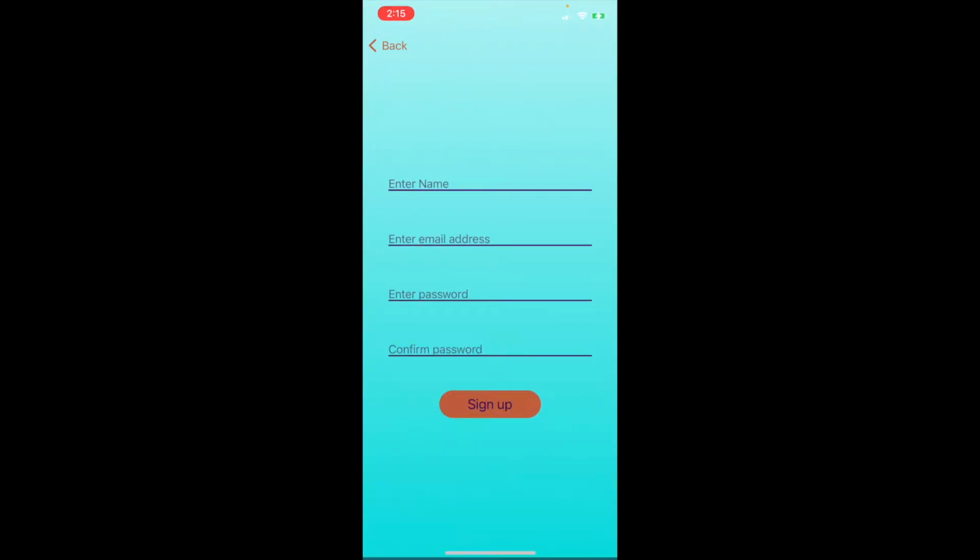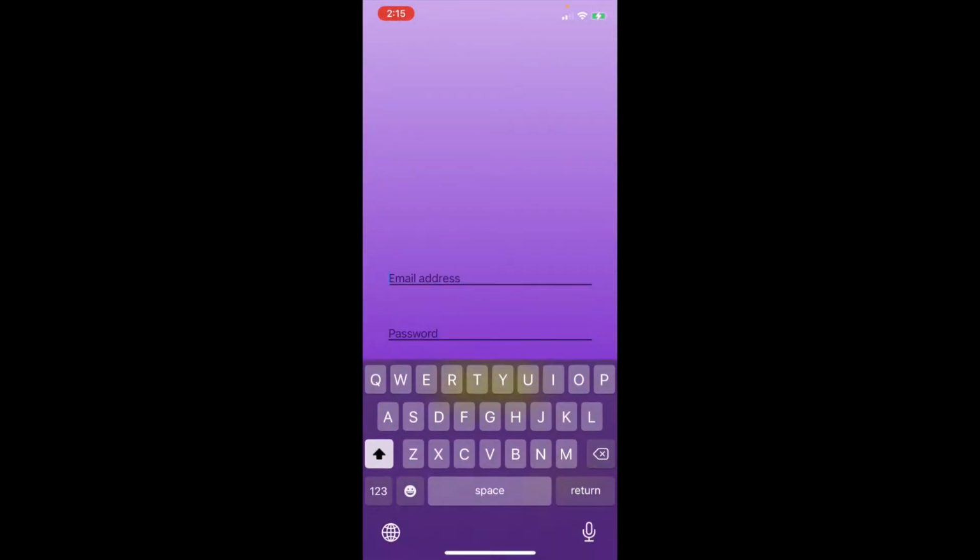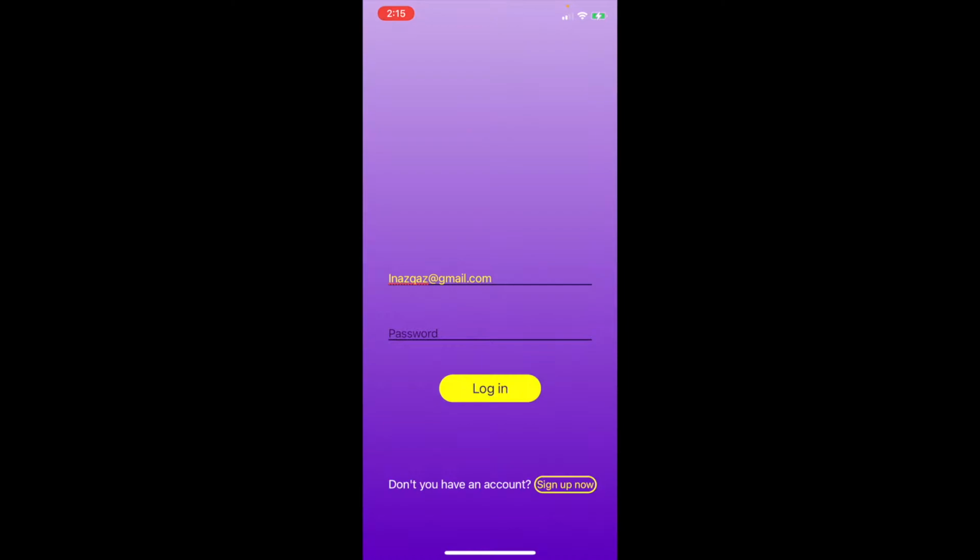So for example, if the user does not fill any text fields, they will be faced with an error. So it means that in this registration page and also in the login page, we have custom error messages that show and help the user to enter valid credentials to either sign up or sign in. Then let's say if we want to sign in,